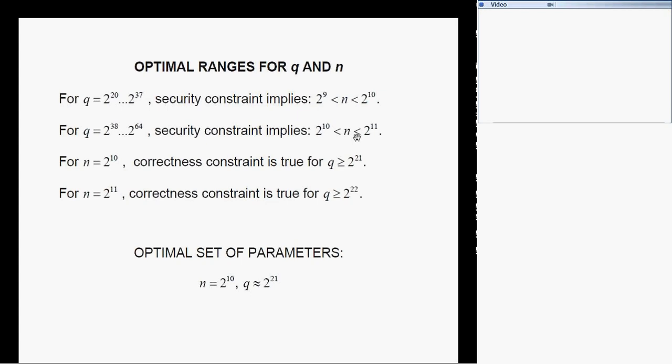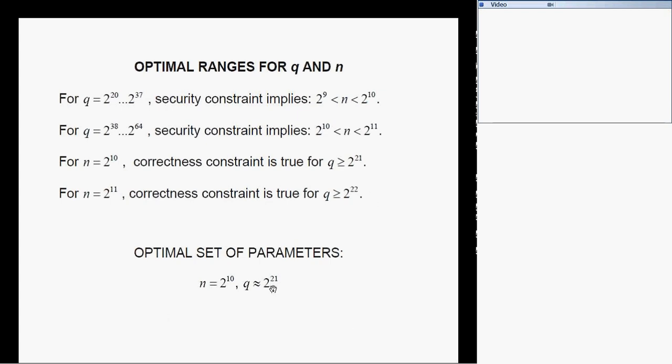You have those slides, so you can quickly check this. It's very basic math. Generally speaking, I was trying to focus on the ranges: what values of n make sense, 2 to the 10 to 2 to the 11, and what values of q are supported by the security constraint. I looked at the correctness constraint, and after intersecting the two,